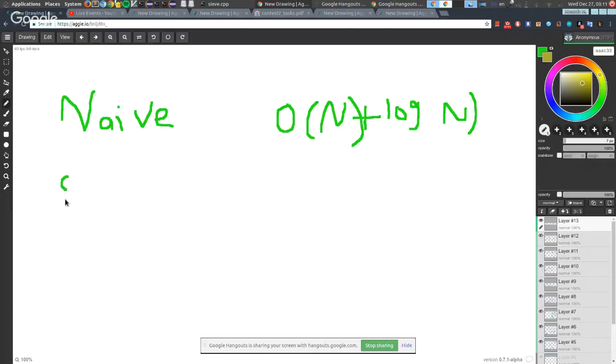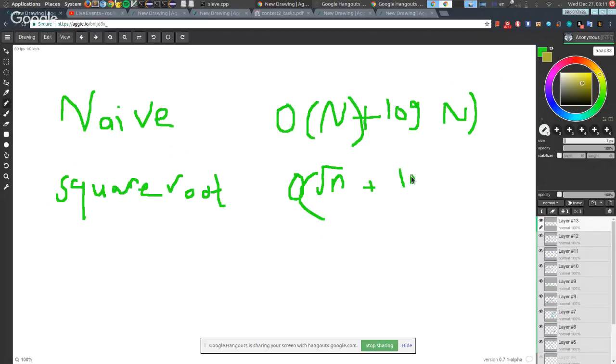And for the other, the one with the square root optimization, this makes O of square root of n plus also log n. So this is the square root optimization, and this last one, with the smallest factor, it's